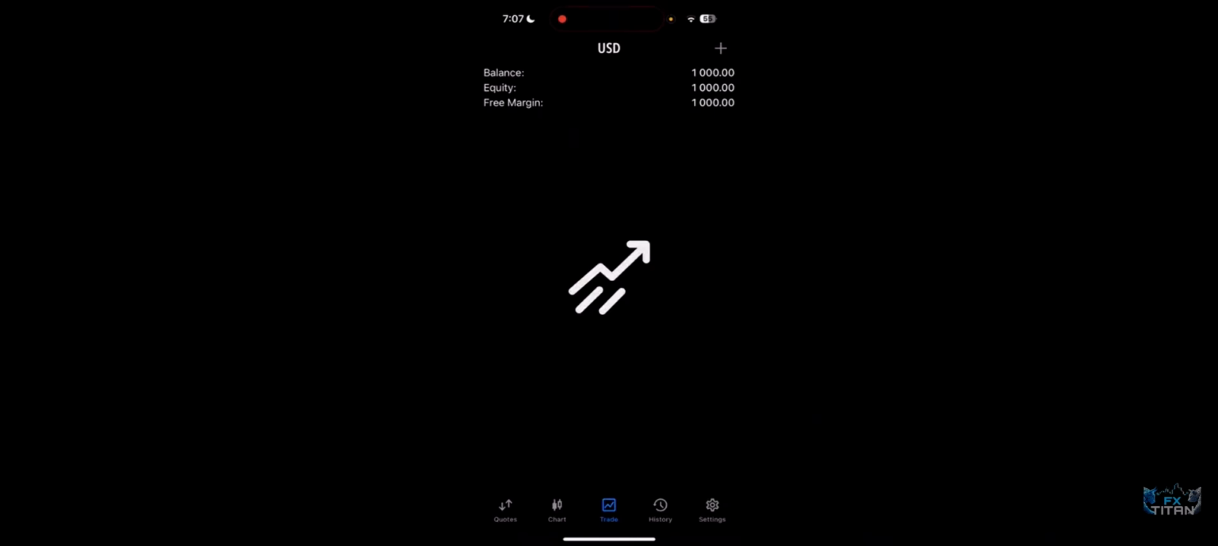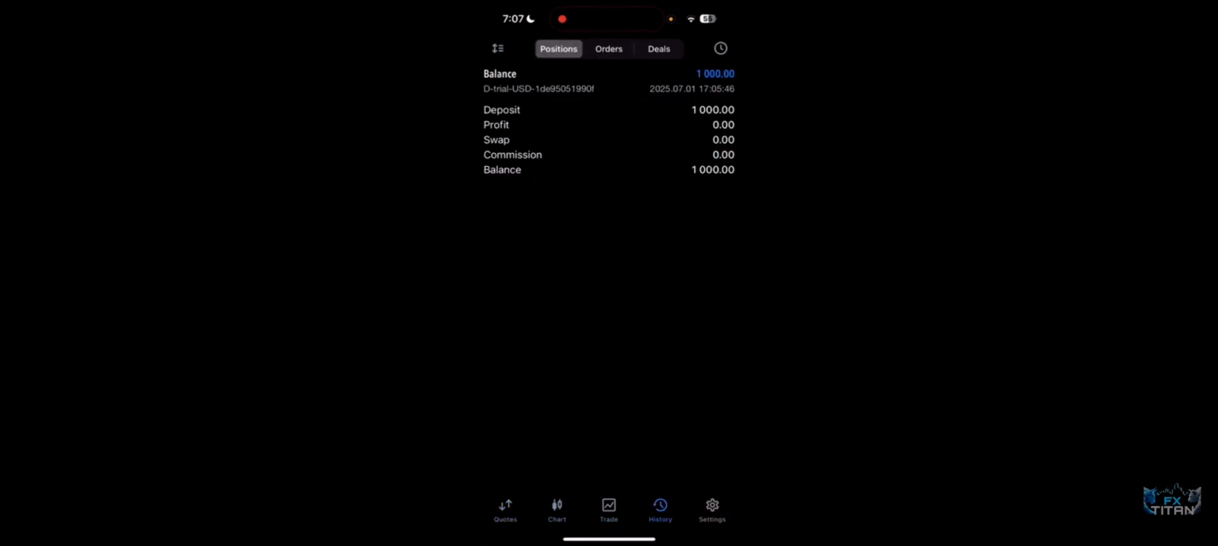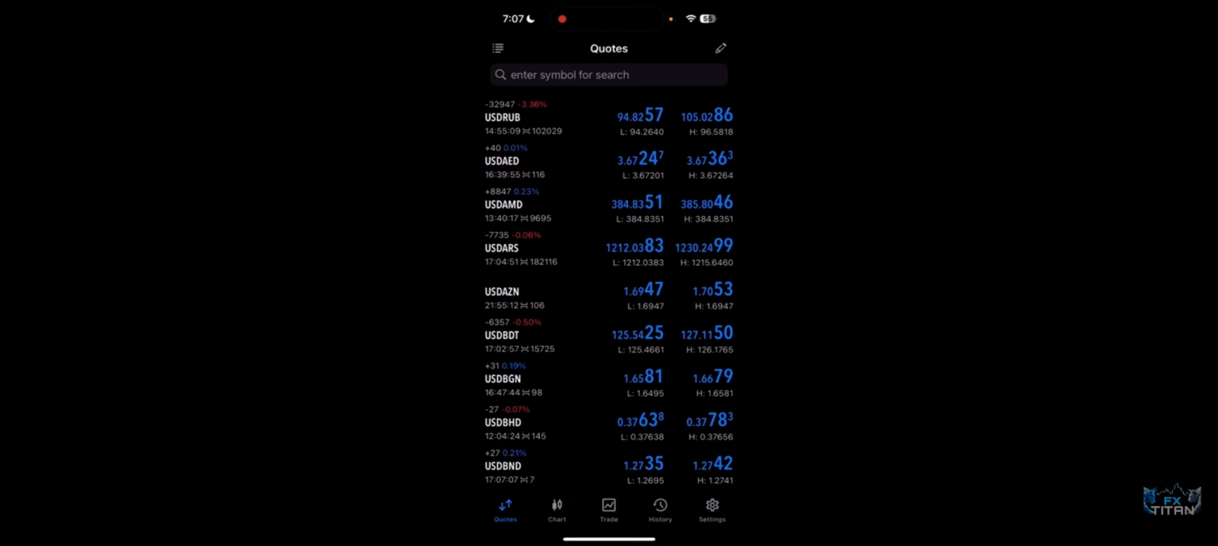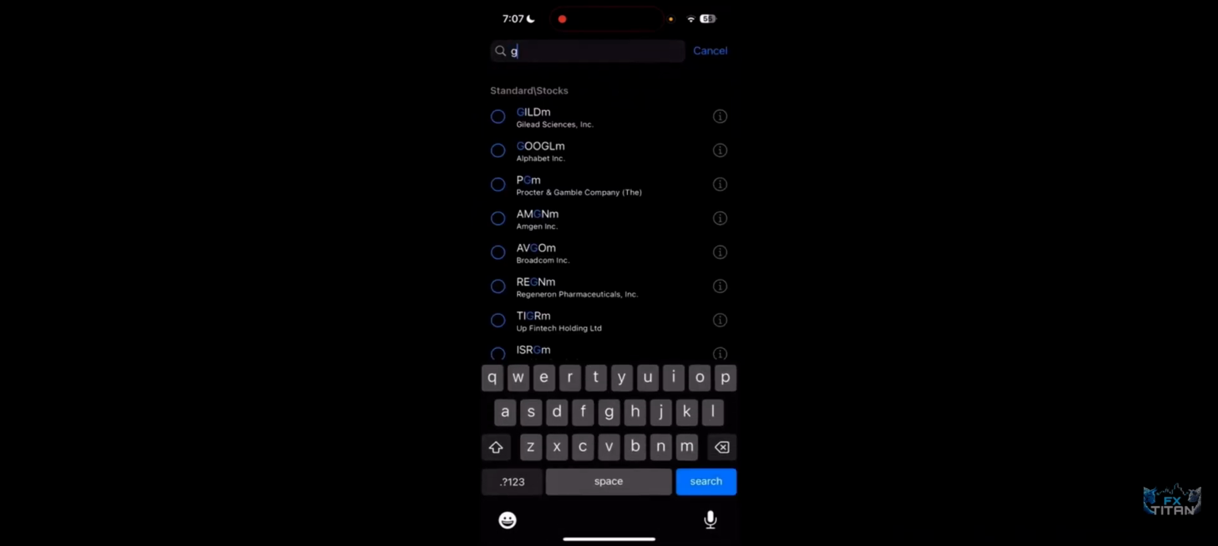So I'm using an iPhone here, and this is what it looks like. You have codes on the bottom left, then chart, then trade, then history, then your settings. So on codes, this is basically where you can select and delete and add whatever you feel like trading. What's already there is gold, XAU, USD. You can add